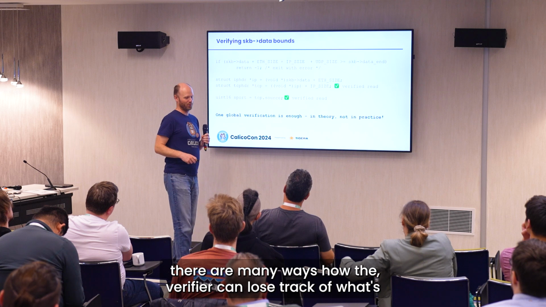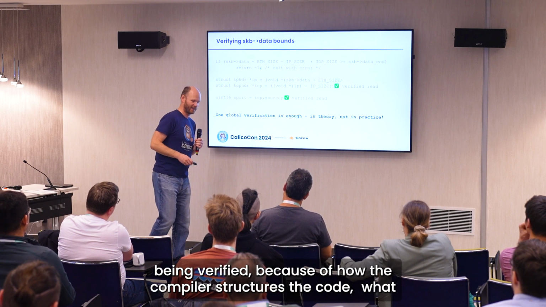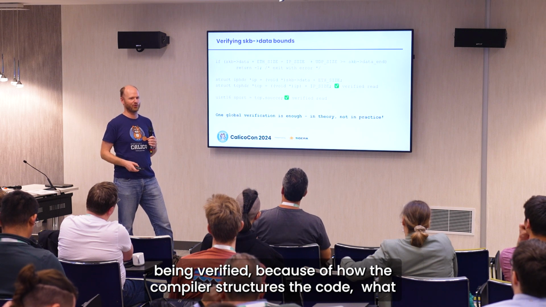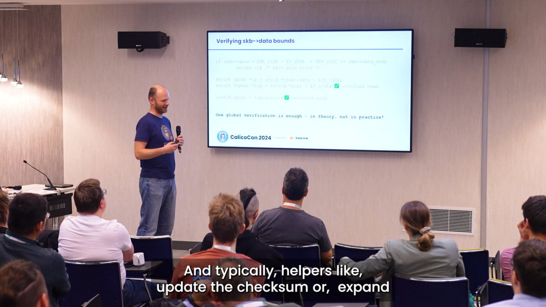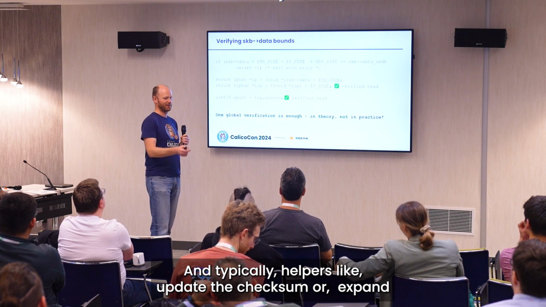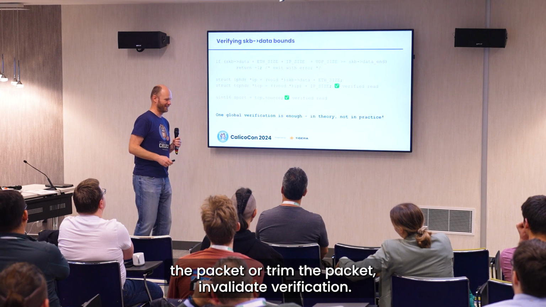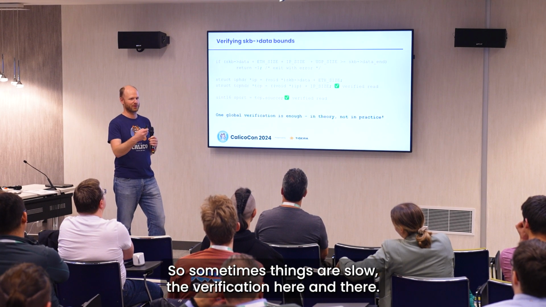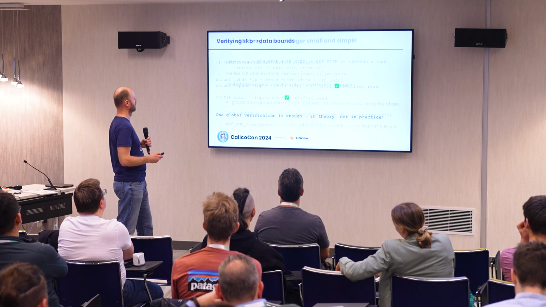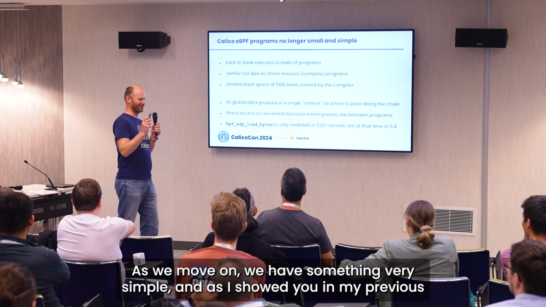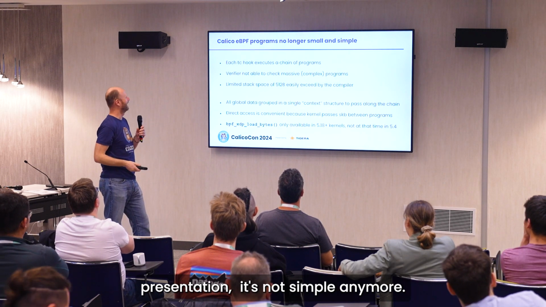There are many ways the verifier can lose track of what's being verified, because of how the compiler structures the code, what it puts on the stack and what it doesn't. Typically, helpers like update the checksum, expand the packet or trim the packet invalidate verification, so sometimes you just throw the validation in here and there. At square one, we have something very simple,